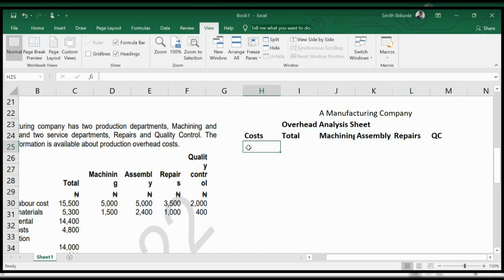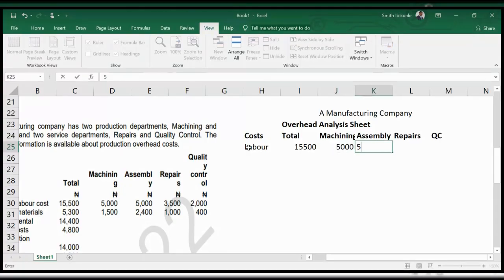Let's start taking the costs one by one. We have indirect labor cost. I don't want it to be too long, so labor cost. The total of labor cost is 15,500, and it is broken down into 5,000 for machining, 5,000 for assembly,